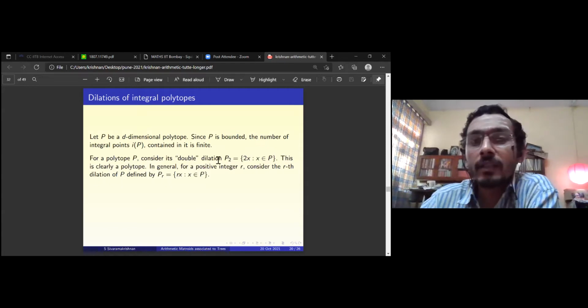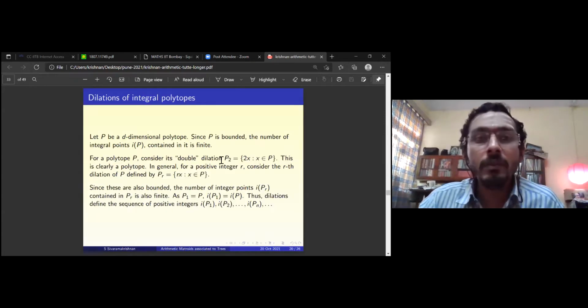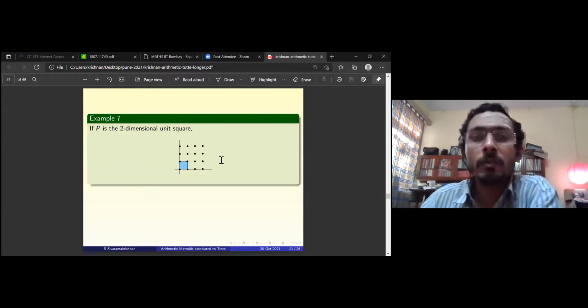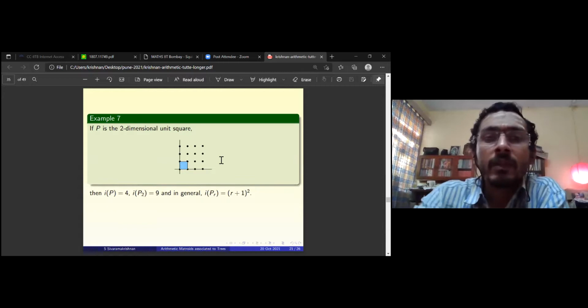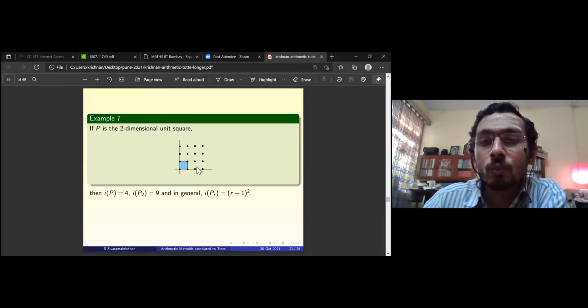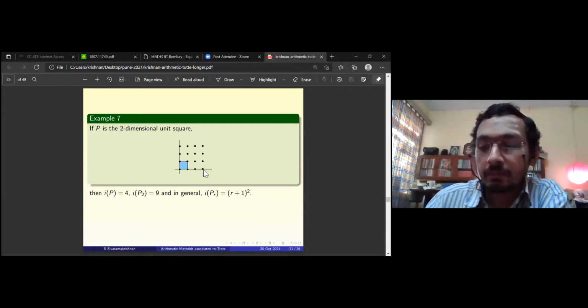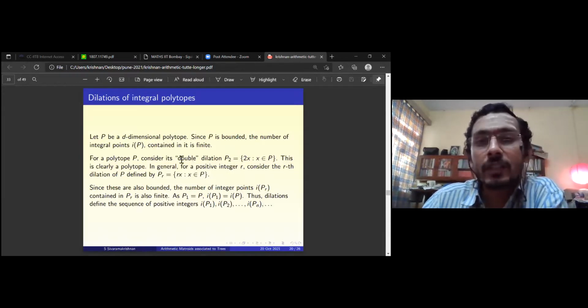So we look at the dilation of the polytope. I'll give you an example. Here is a polytope, and you look at the 2 dilation. What will happen? Is my cursor visible? If you dilate this by a factor 2, instead of the extreme points being (0,0), (1,0), and so on, the usual unit square, it will become the square with side length 2. If you dilate it by factor 3, it will become the square with side length 3. Is it clear?